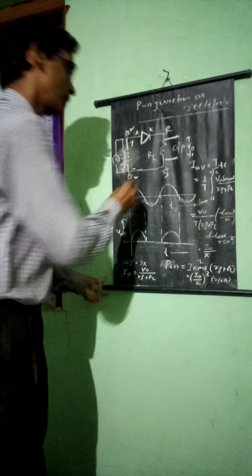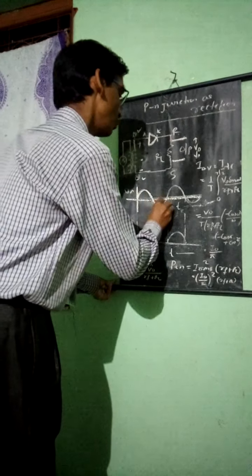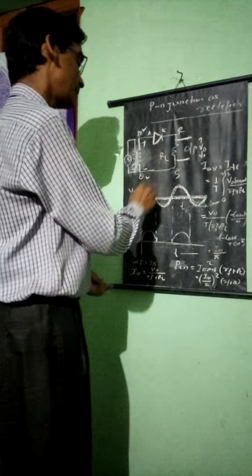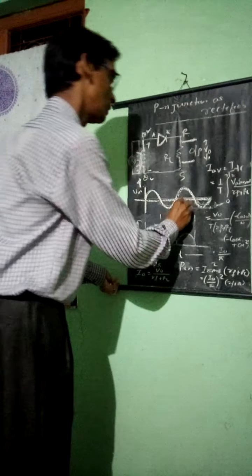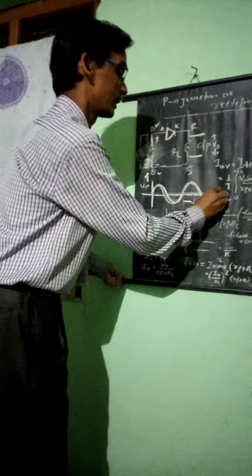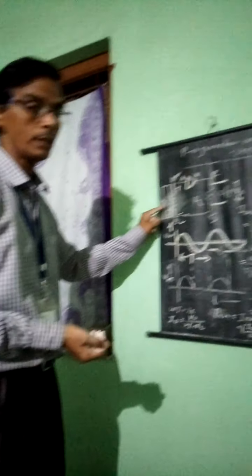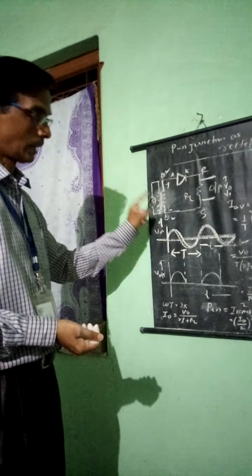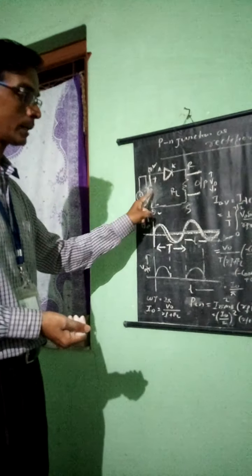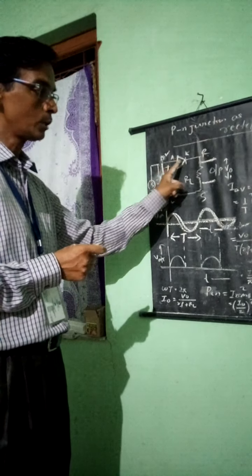Let us see now. If you take a graph, suppose this is the input supply voltage, it is a sinusoidal wave, and we take voltage on this axis with respect to time. This is one complete cycle, and this is another cycle. The time taken to complete a cycle is called the time period, which relates to frequency. This is the input you supply at the primary of the transformer. After step down, you get a low value of output voltage at the secondary, which feeds your diode.